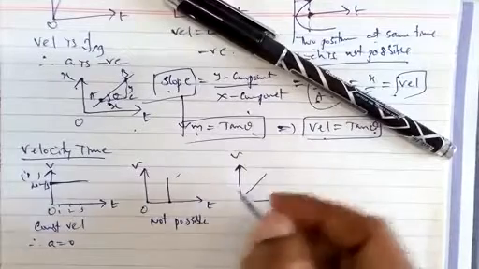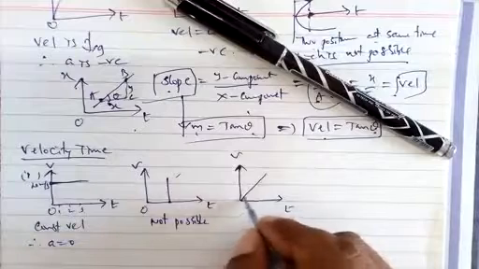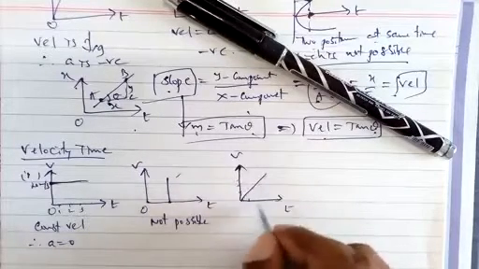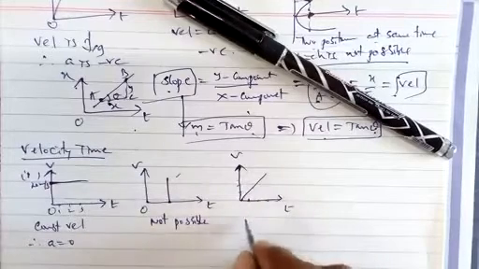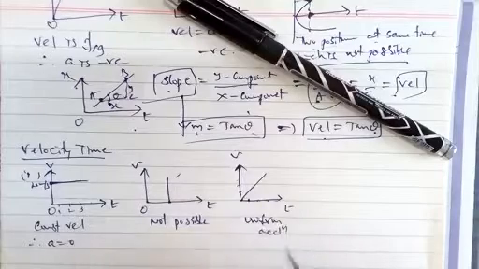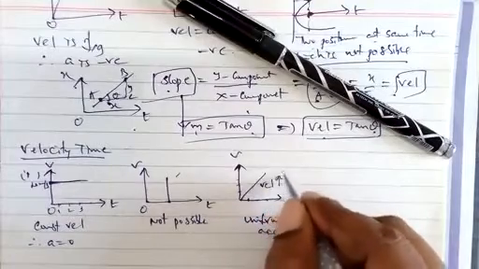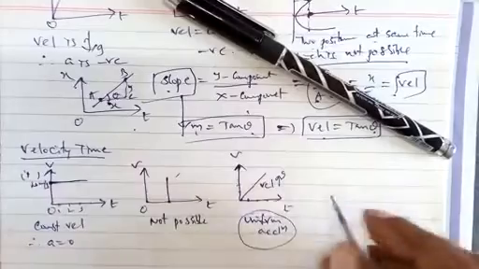Okay, next, in this case we have a velocity time graph that is regularly increasing with respect to time. Velocity is increasing regularly with respect to time. Equal changes in velocity in equal intervals of time, you can say it is uniform acceleration. Velocity is increasing at regular intervals, so that's uniform acceleration here.